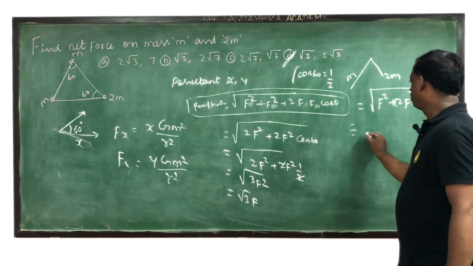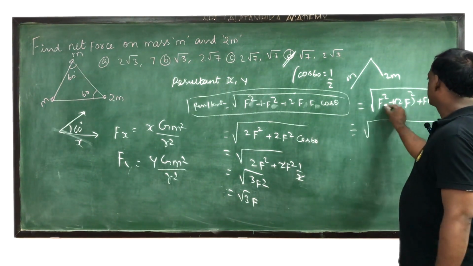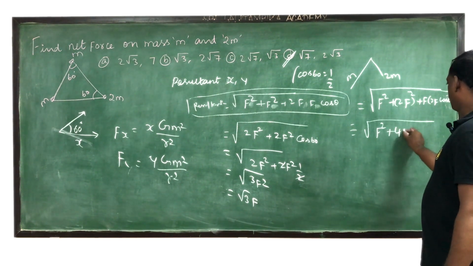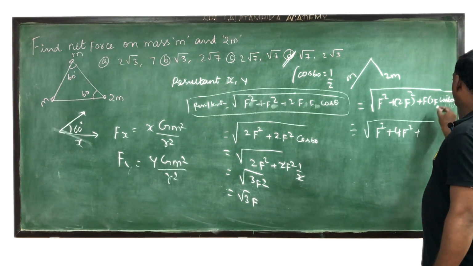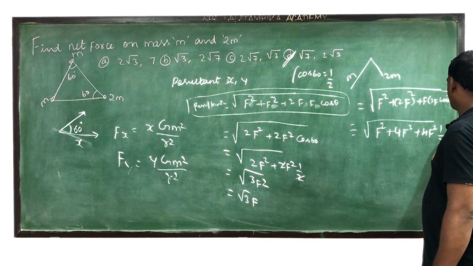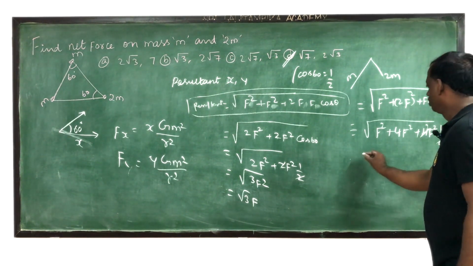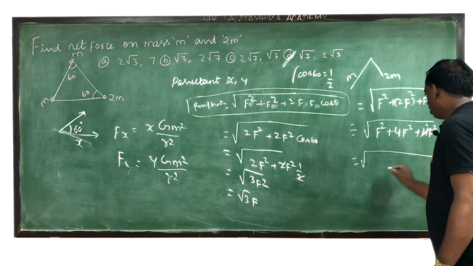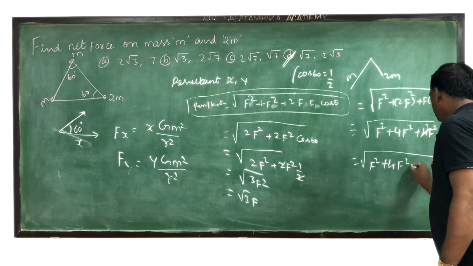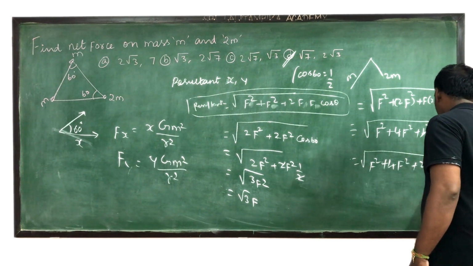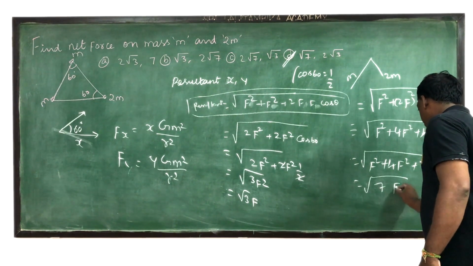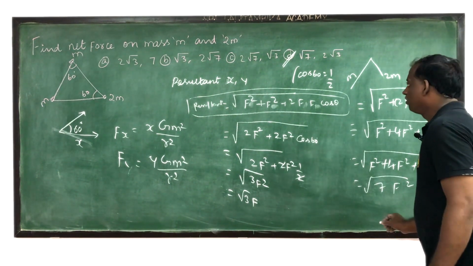So which is equal to root of F square plus 4F square plus 4F square cos 60, oda value 1 by 2. So இதை cancel பண்ணா 2, which is equal to root of F square plus 4F square plus 2F square. So நம்ம இது எப்படி எழுதலாம்? It is root of 7F square, or which is equal to,